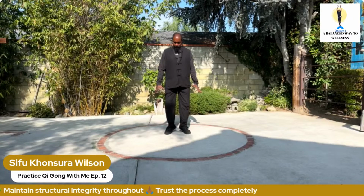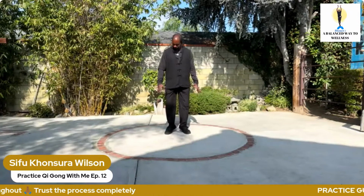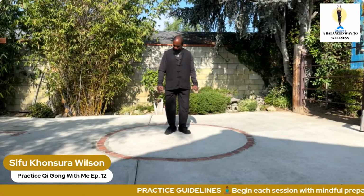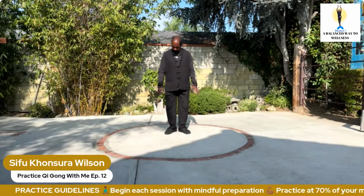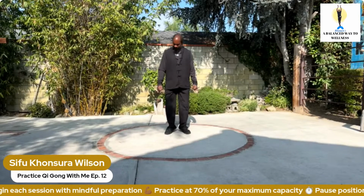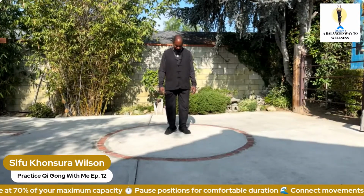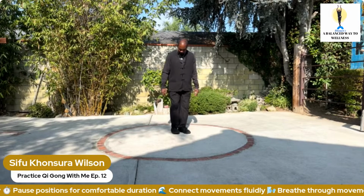You can even see what I'm doing with my hands. I'm just kind of stretching as I'm doing my calves, trying to get a full warm up. 10, 9, 8, 2, and 1. Now you're going to turn your toes in towards the